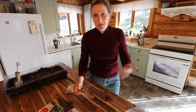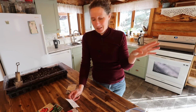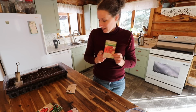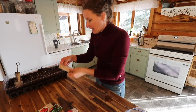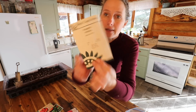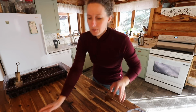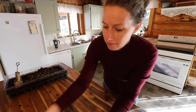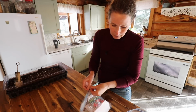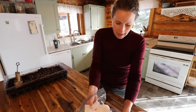You'd think repeating what works is a good idea, but once we get to the point of actually planting in the high tunnel, I'll explain all of this to you. But I'm hoping to get a really good crop of these so that I can do that again. And then I have a, I don't know how to pronounce this here. That one, we're also gonna do that one as well. But I think I am just gonna start with a few. I have a bajillion different kinds of tomatoes here,